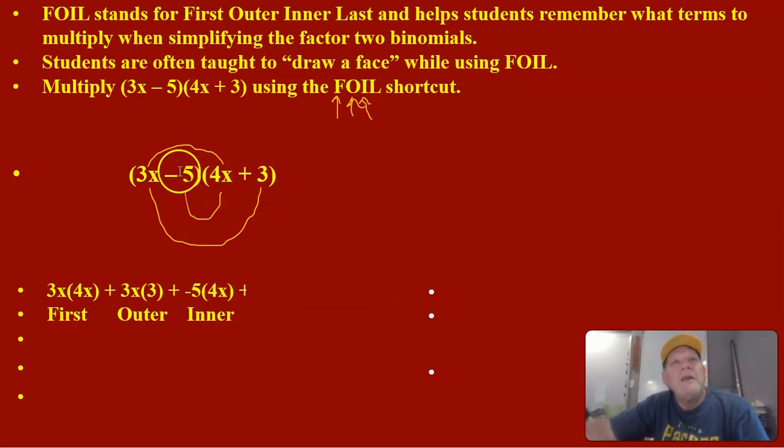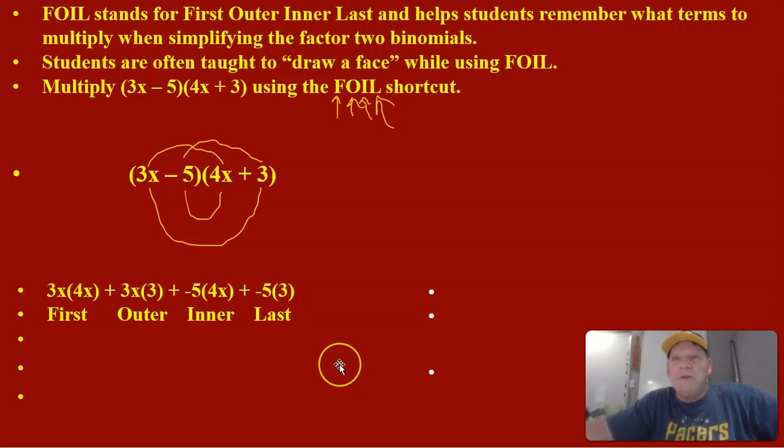So I have my negative 5 times my 4x. I write that down as my inner. And then the last one would be my negative 5 times my 3 with my L, which stands for last. So I take my negative 5 times my 3,